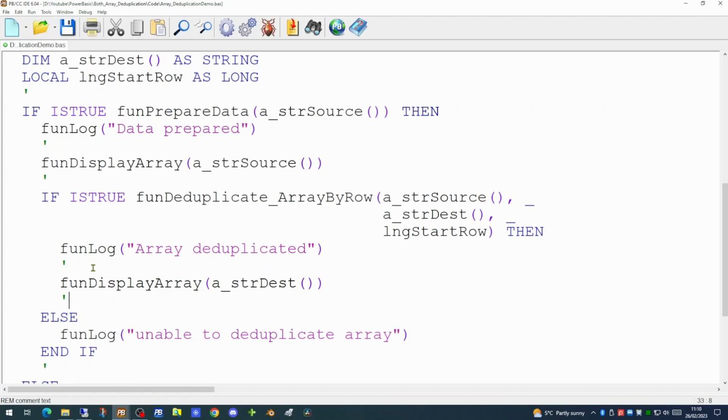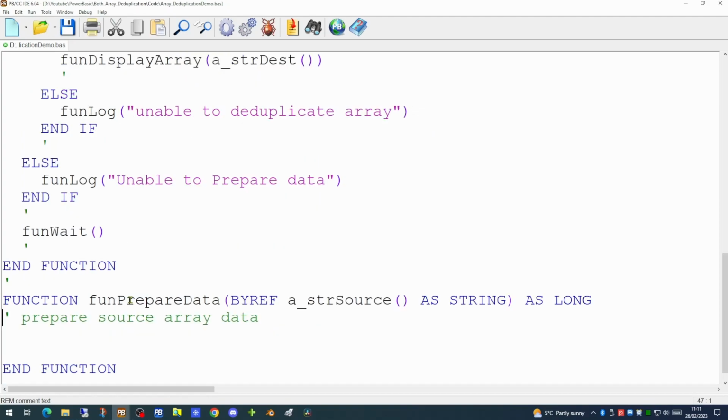So this is the span of our entire application. We have sketched out what's going to be happening. We haven't actually written or populated these functions yet, but we now have a good idea of what we want our program to actually achieve. So since the first function was to prepare the data, let's go to that one first.